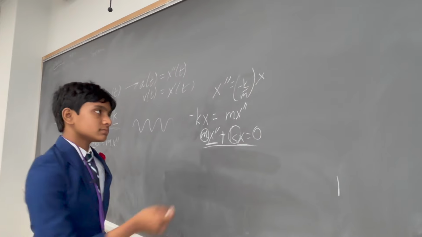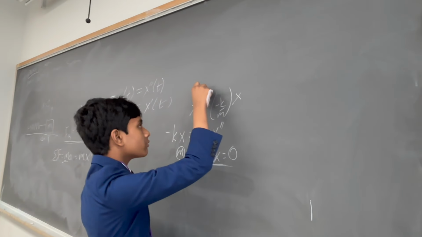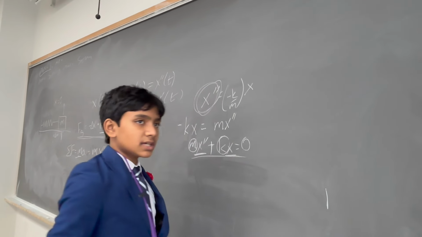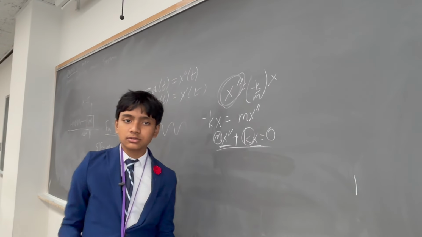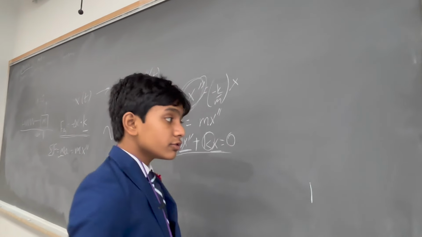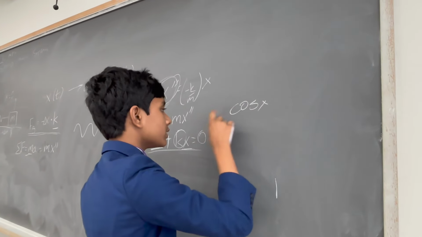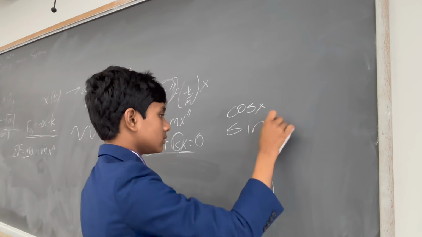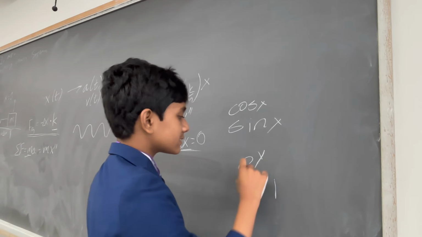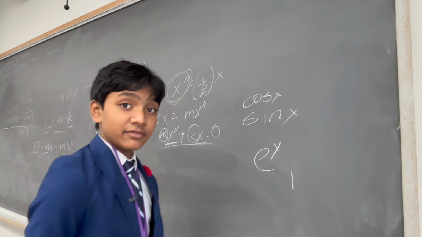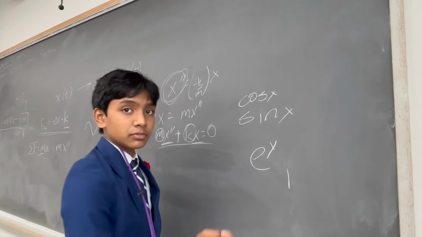So essentially what we want to do is find some function such that its double derivative is proportional to itself. And so the two things that pop up in your head are probably going to be the sinusoidal functions and the exponential function. Now, actually, the people in my physics 3 class didn't know what imaginary numbers were, so